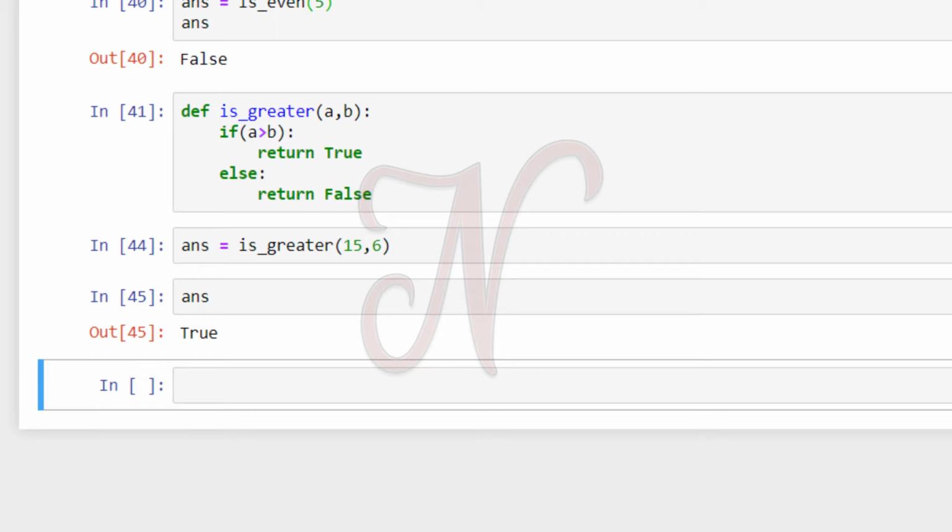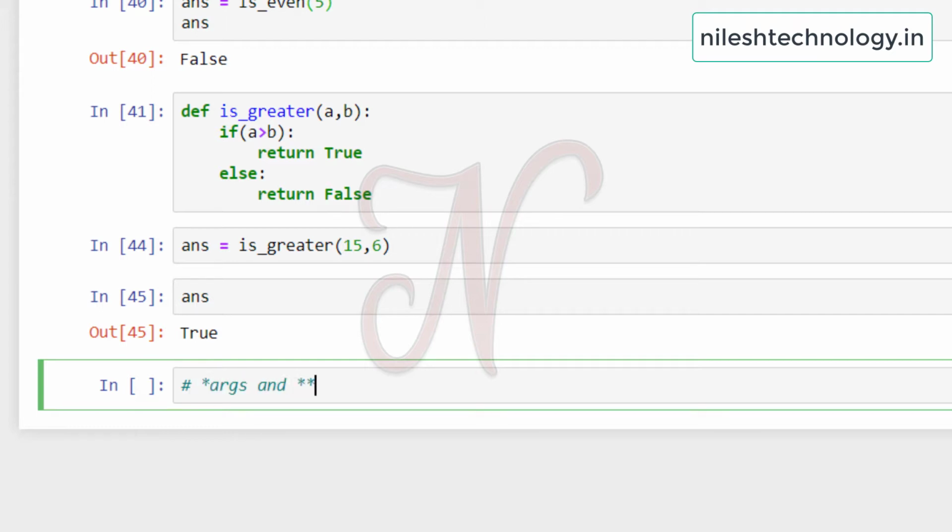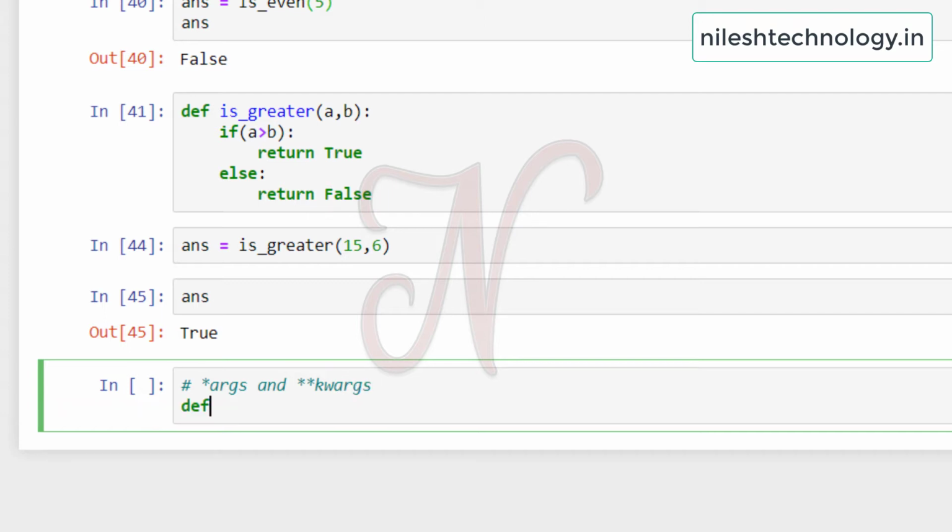They let you pass a number of arguments and keyword arguments without having to predefine a bunch of parameters in your function call. Okay, so let's see one basic example. The title is *args and **kwargs. See here my first example, def